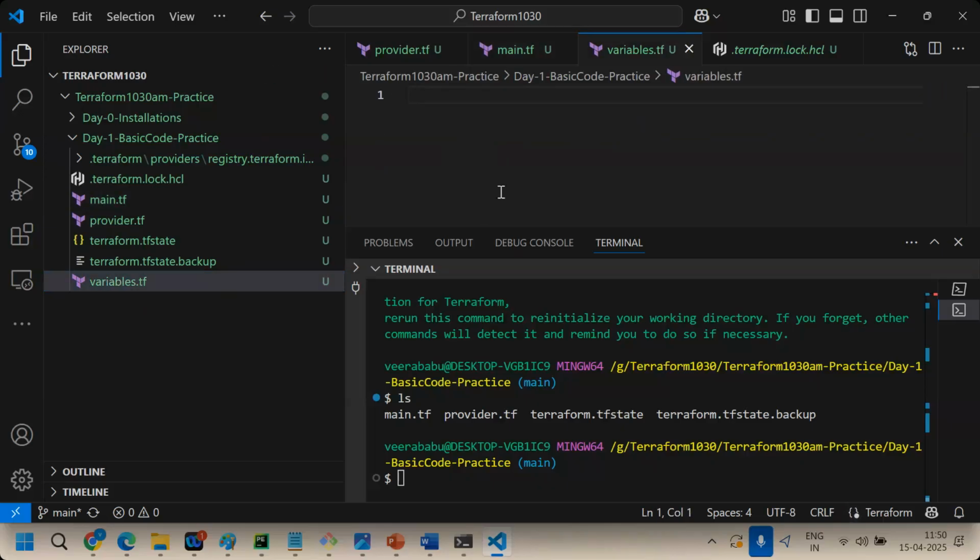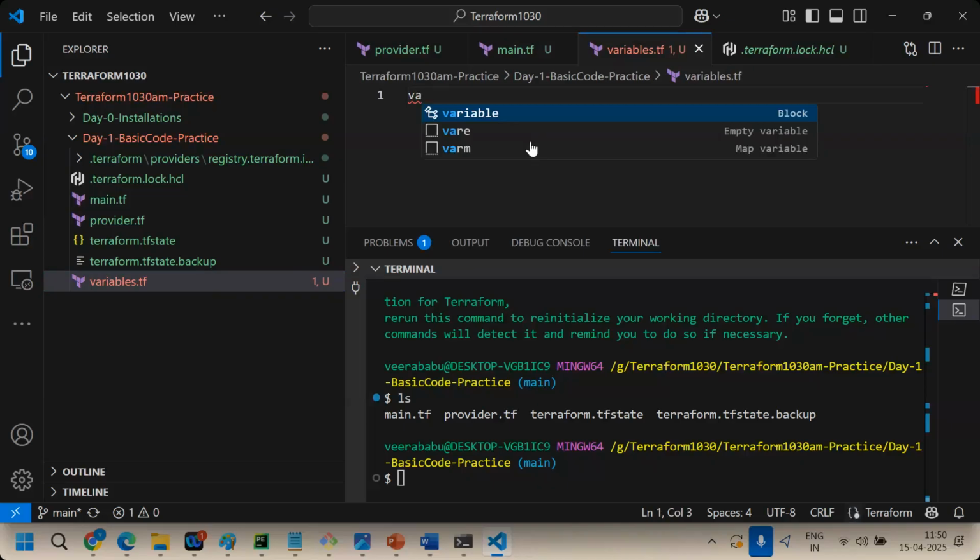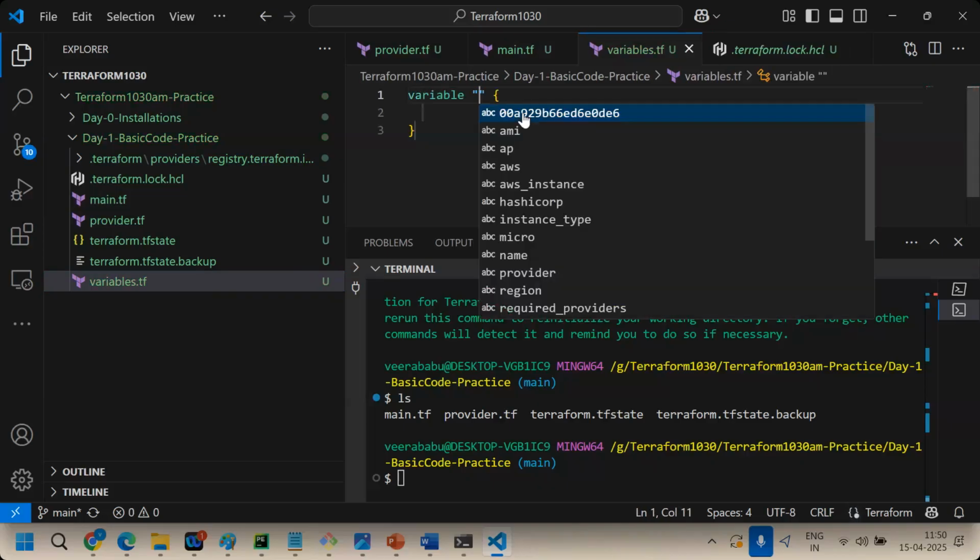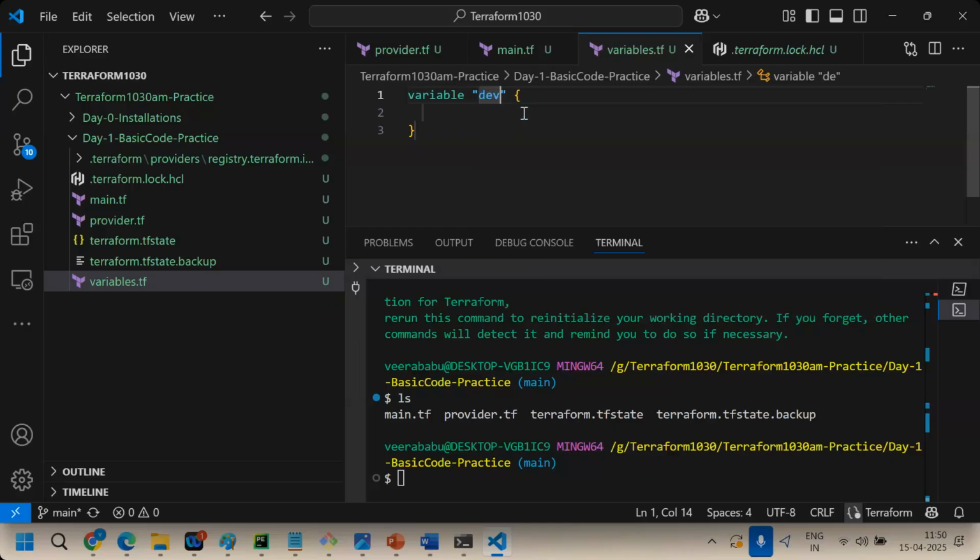A variable block starts with variable only. Provider block starts with provider. Resource block starts with resource. Variable block starts with variable. Inside, you can give any name, no problem. Understand? For example, dev. I'm giving it dev. But generally, AMI ID, right?